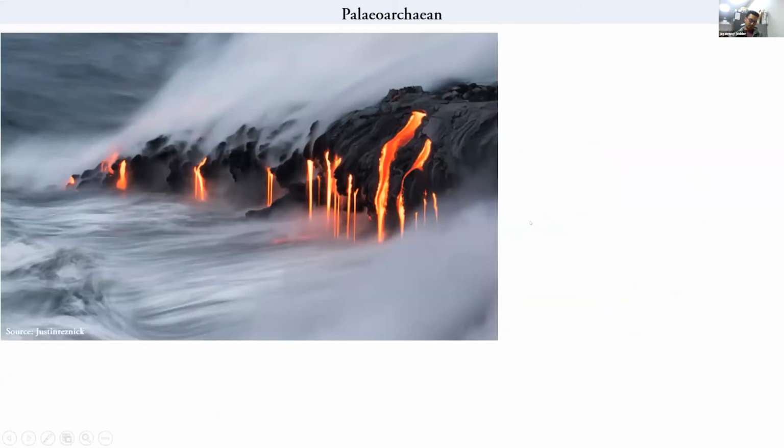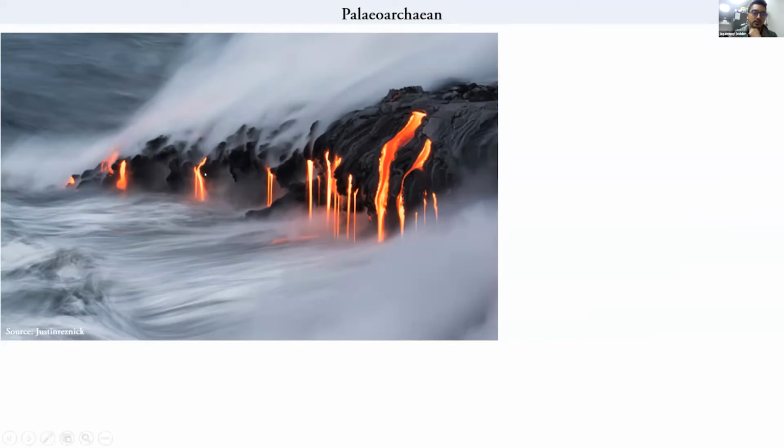Now, when we bring in the concept of life, we also have to familiarize ourselves with where, how, and in which settings life did exist. The time window here is the Paleoarchean, which is a very unique window during the Archean Earth. I say this because most of the Earth was covered by magmas, but very importantly, these magmas were submarine in nature, meaning that eruptions were mostly under submarine settings.